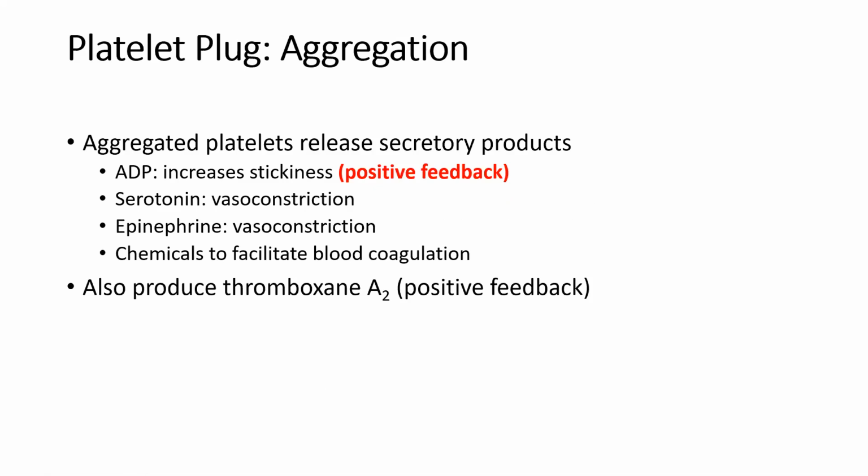So ADP, or adenosine diphosphate, is the first one. Again, that's going to be secreted in a positive feedback way, in that not only will it make the region sticky, but it's going to further aggregate more platelets, which will further secrete more ADP, and so on and so on. We also secrete serotonin and epinephrine. Both are vasoconstrictors, again, in an effort to decrease blood loss. These factors will cause vasoconstriction to the vessel itself. And so these are some of the things that will help make the region sticky, but also vasoconstrict and prevent